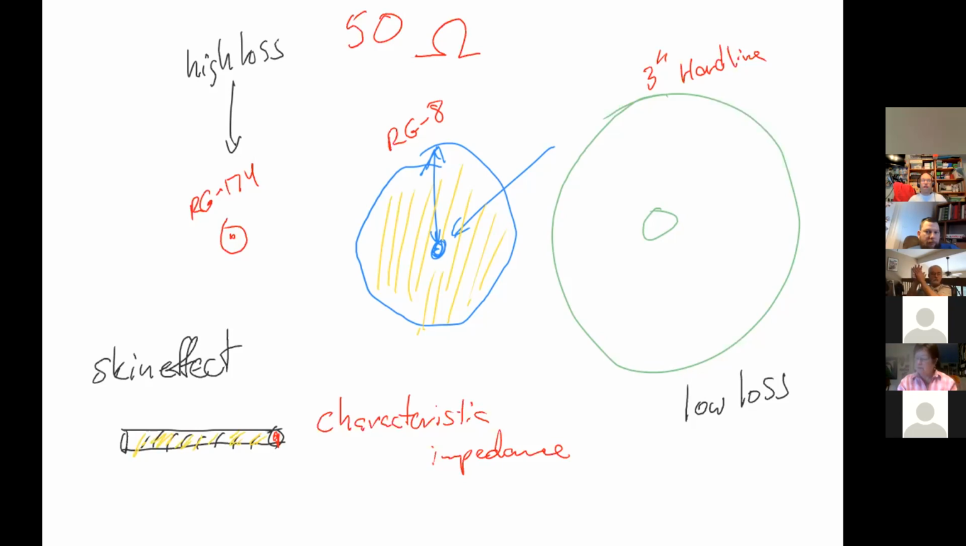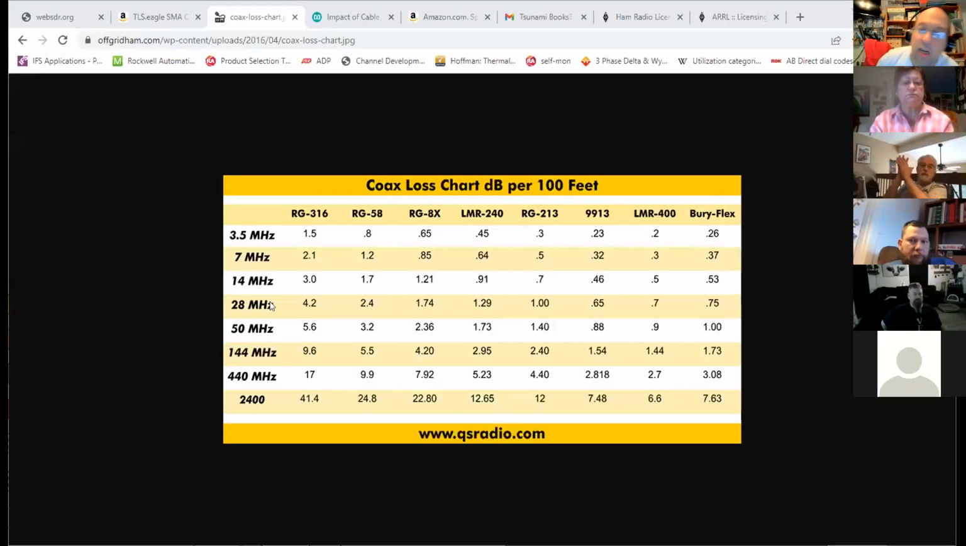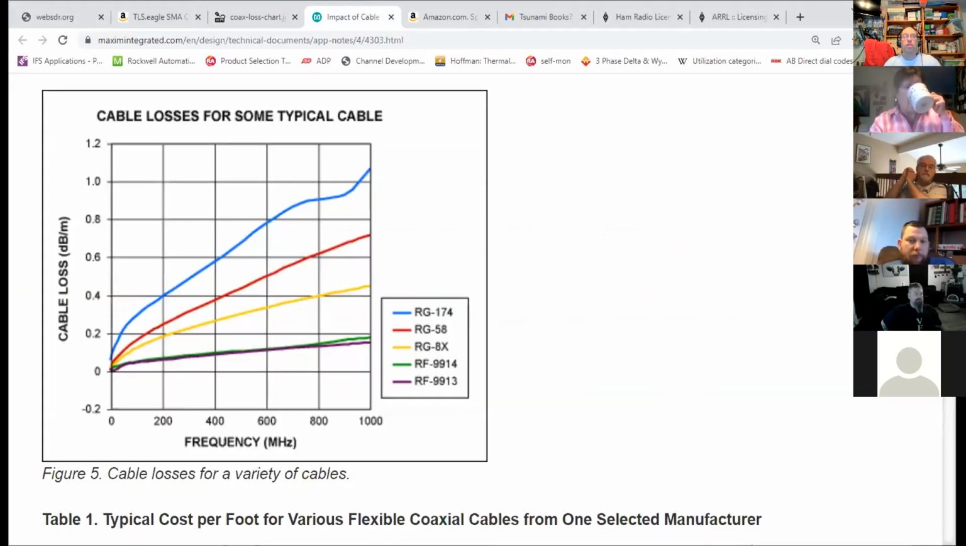Now notice this chart that says coax loss per 100 feet. I'm actually going to pull up a different one. Here we go. RG174, that's the really little stuff. Let's pick just about 400 megahertz, which is very close to the 70 centimeter band. Per meter, which is about 3 feet, for RG174 your loss is 0.6 decibels per meter. So let's say you have